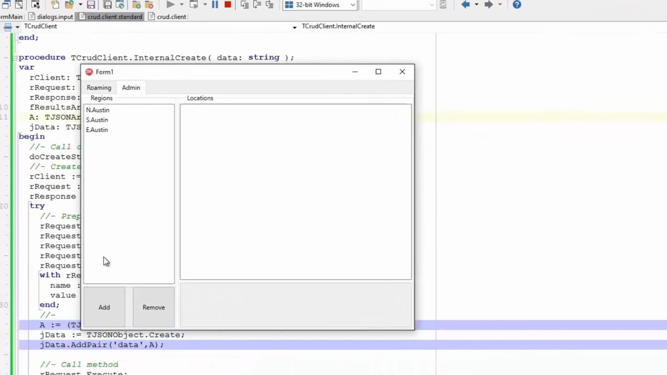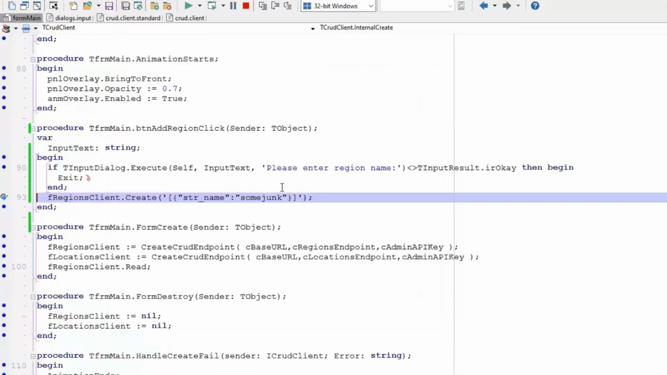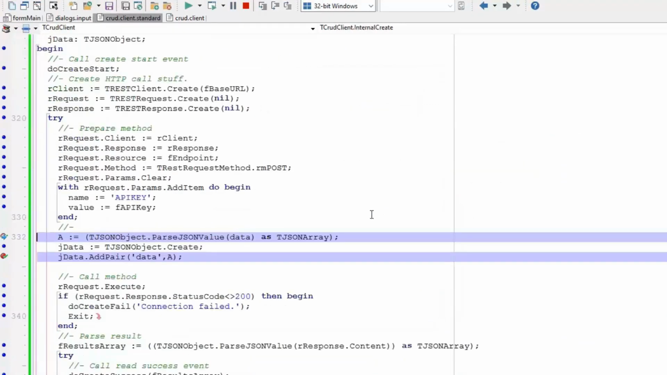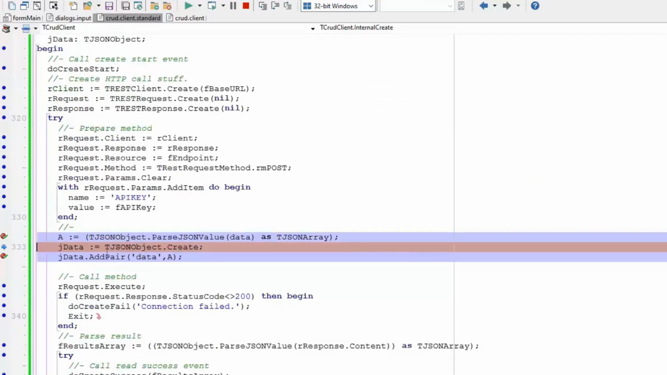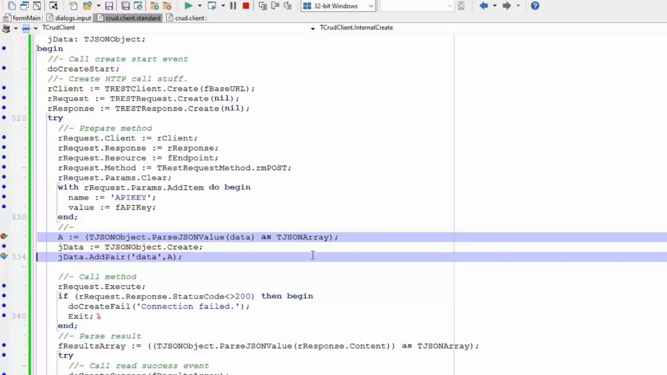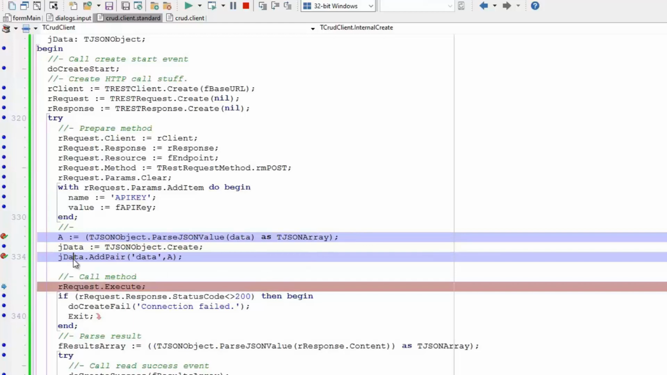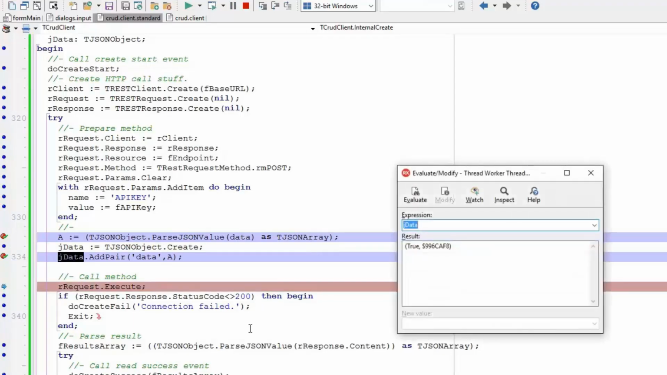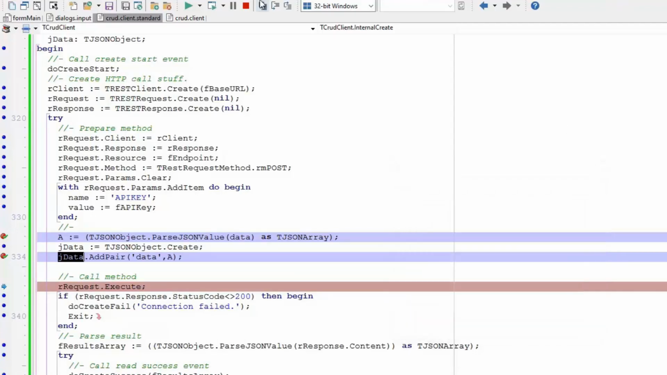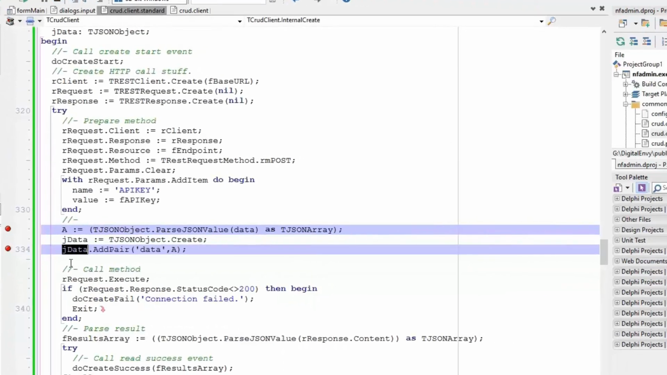And let's see what we have. So the array parses, we create a new JData object, we add the data as a pair. Now let's take a look at JData and do ToJSON, which actually gives us an object with a data property and our array in it. That's exactly what we want. So we're going to pass that in to our